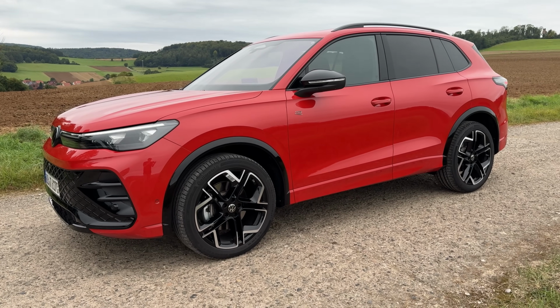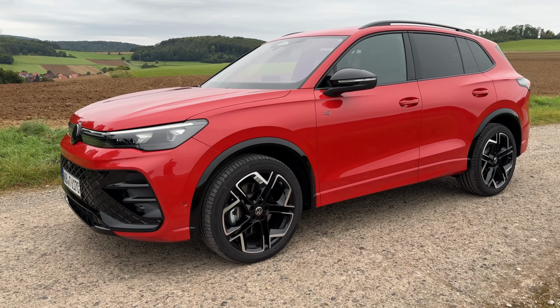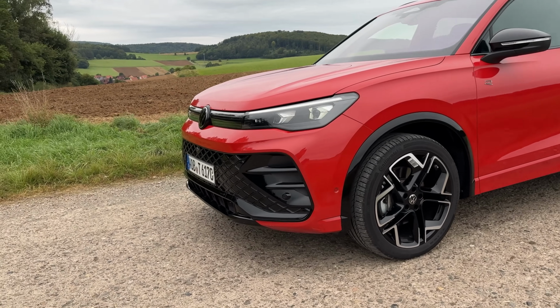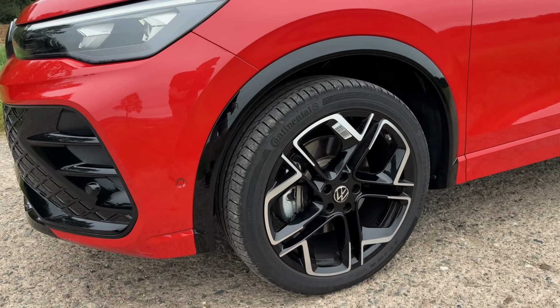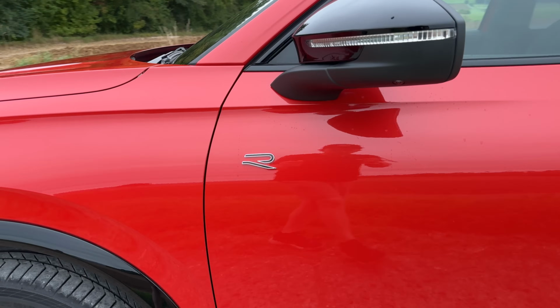of SUV as well. Just on 4.6 meters long, and this one is the R-Line version, so it gets a few really nice features, gets that big blacked out front bumper, the different grille finish. It's also got 20-inch wheels with those black finishes around the wheel arches, the R badge there, even though it's